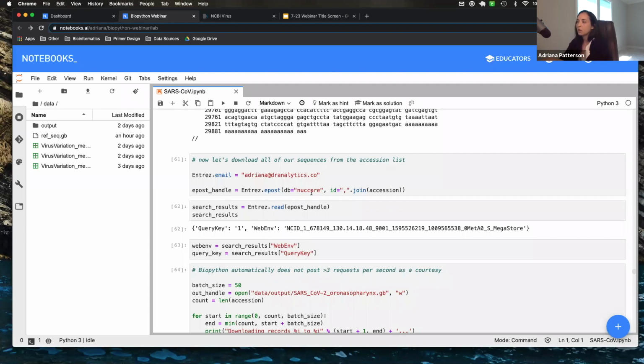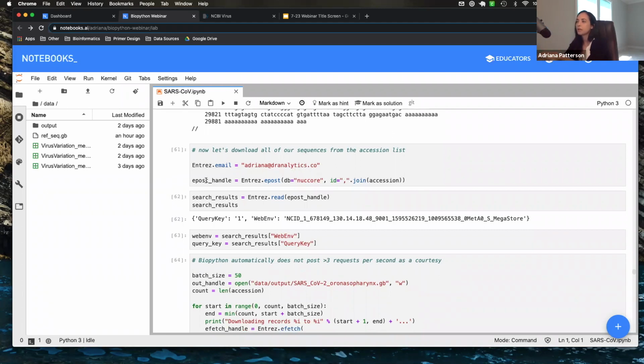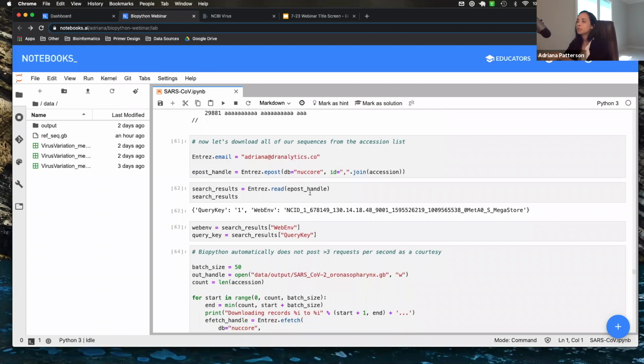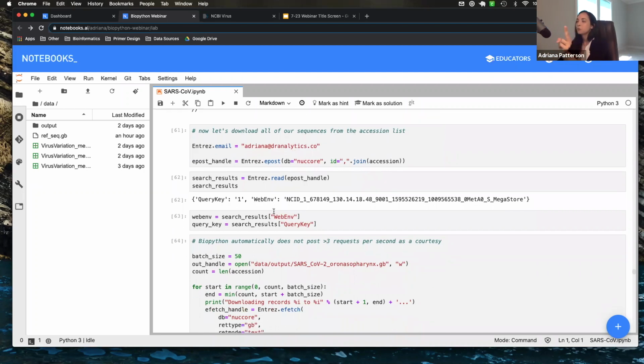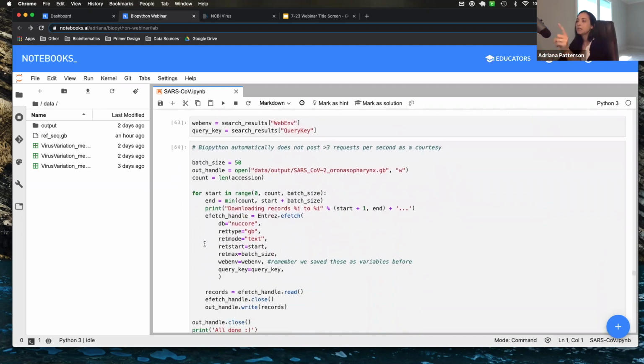The ePost function, we're going to specify the database in which we want to perform the search, which is the nucleotide database, and then the ID, which is all those accession numbers, and the ePost function knows how to parse this so that it searches for each individual sequence and saves it to a handle. Then we use the read function to save the search results. Now from the search results, we want to save two parameters, the query key and the web-env. Those parameters are what specify this search result